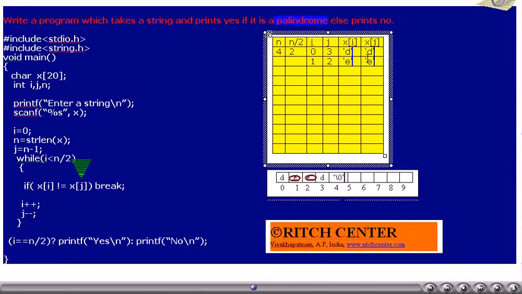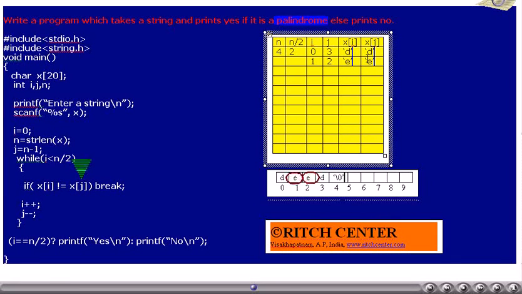X of I and x of j will be compared. Currently, x of I value is symbol lowercase e, x of j value also symbol lowercase e. X of I and x of j are same.